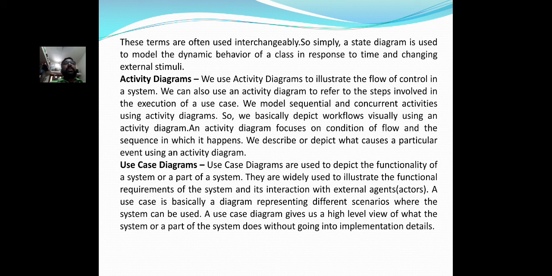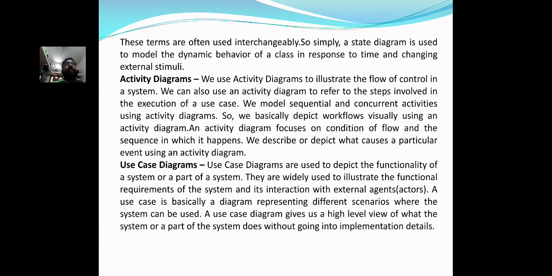And next, activity diagrams. We use activity diagrams to illustrate the flow of control in a system. We can also use an activity diagram to refer to the steps involved in the execution of a use case. We model sequential or concurrent activity using activity diagrams.